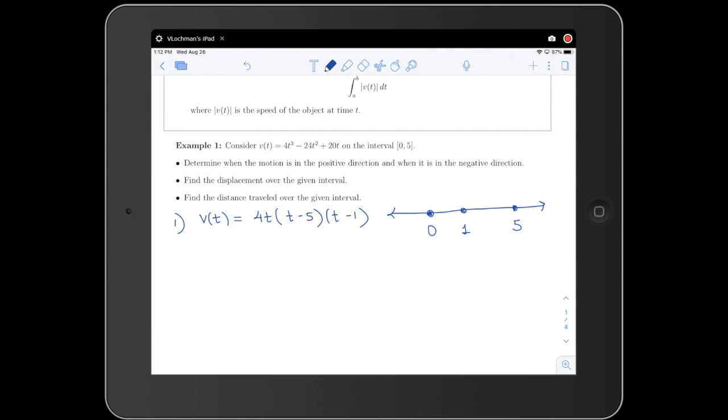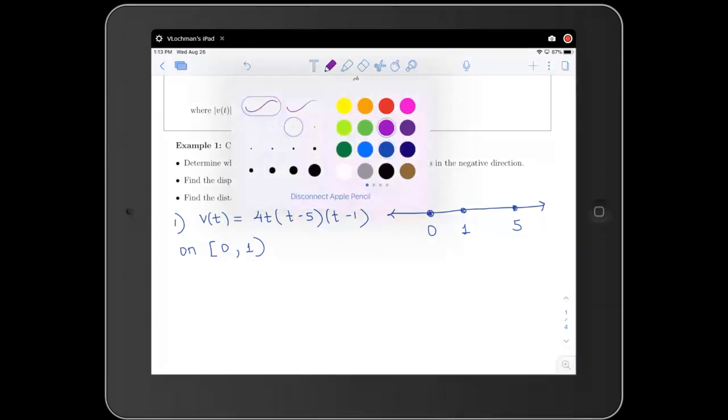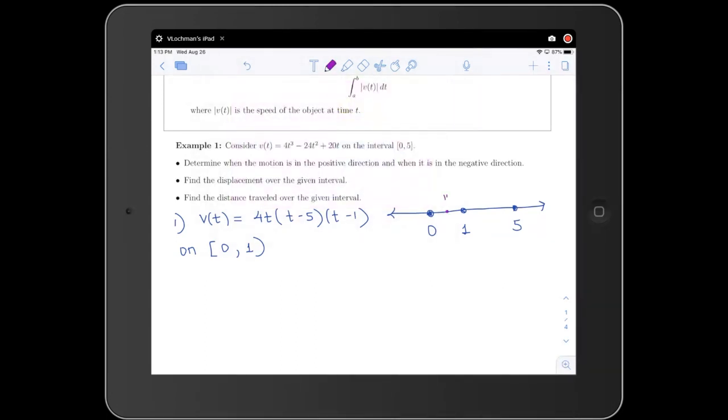So pick any point. Okay, so let's say from 0 to 1. Okay, so on the interval from 0 to 1, not including. Okay, what is the direction here? We need to pick any point that's in that interval, right? So let's pick 1/2,